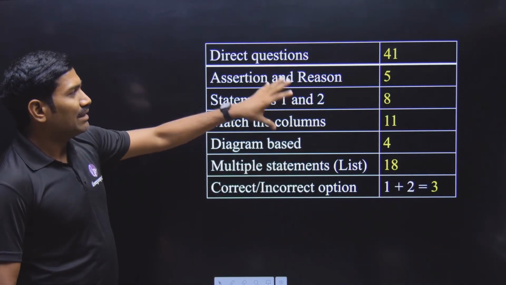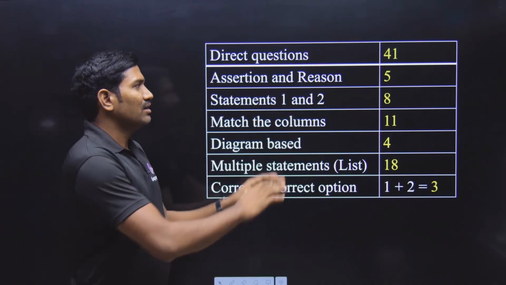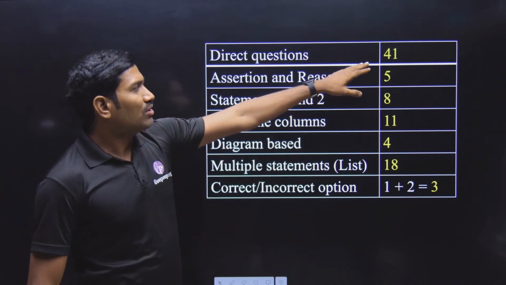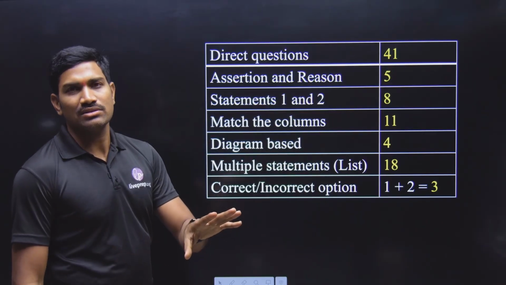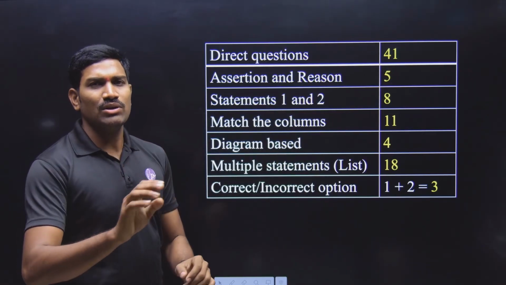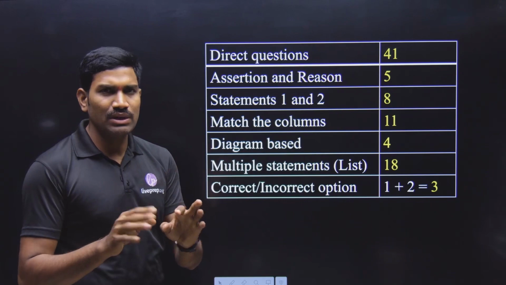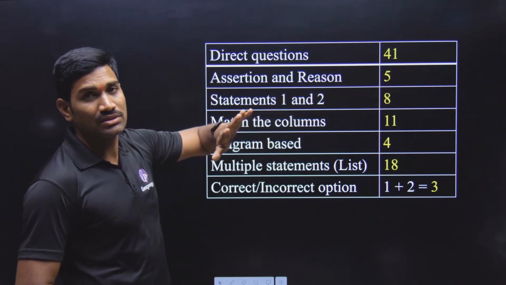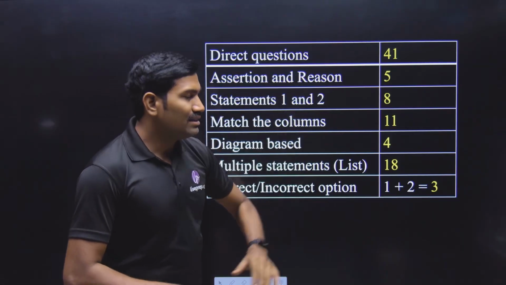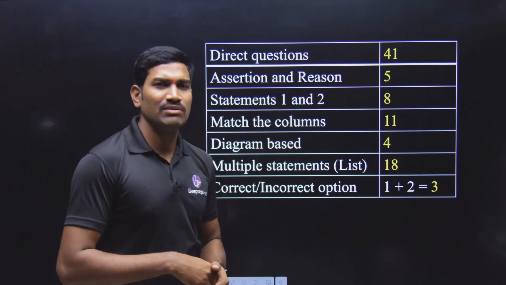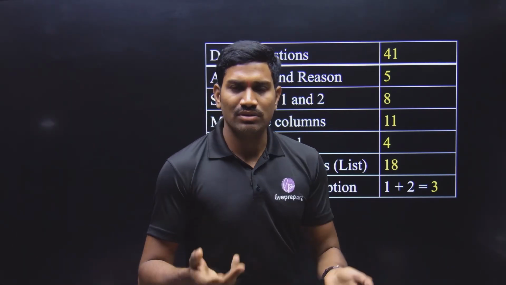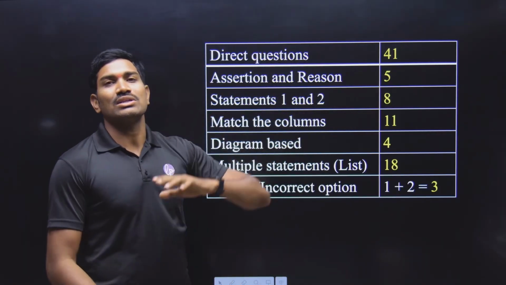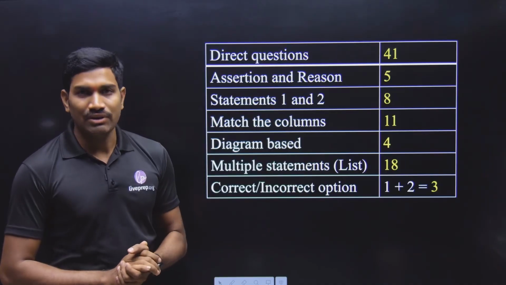And here I made another analysis of what type of questions exactly they have asked. So now let us see this. So out of 90, 41 questions are direct questions. Direct questions. They will give the question and below that there are 4 options, direct options, very simple. So directly you can go for the answer. Like that they have given 41 questions. Okay. Next one. Regarding the assertion and reason. So assertion, one statement will be there. Reason will be there. So whether both of them are correct or not. If they are correct, explanation or not. Like that we need to identify. So such type of questions they have given total 5 questions.